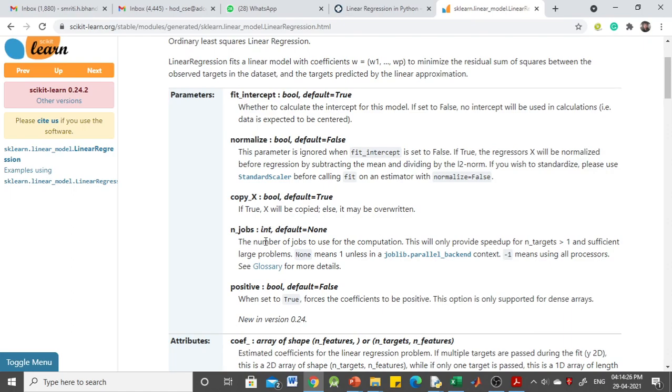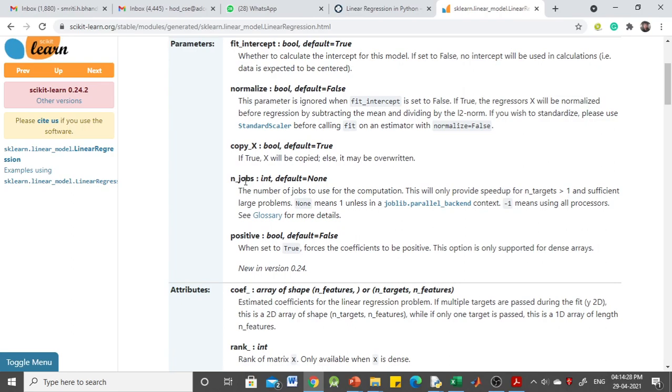Okay. Now n_jobs is an integer parameter, the number of jobs to use for the computation. This will provide a speed up for n targets greater than 1. Default value is None, we are making use of the default value. One more parameter we have is positive, default value is false, and its type is boolean.